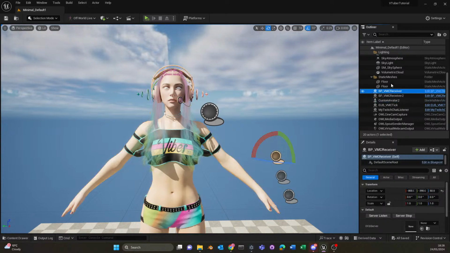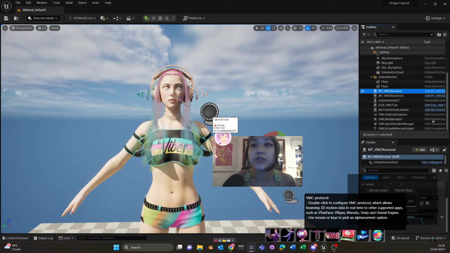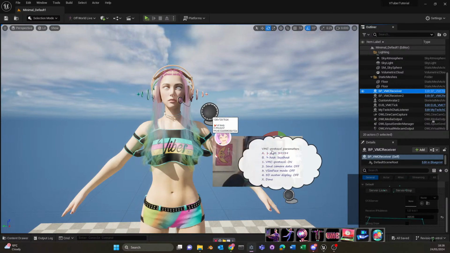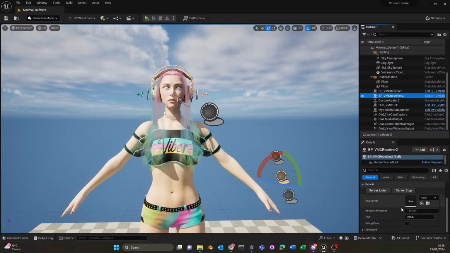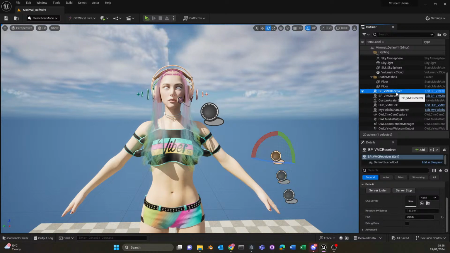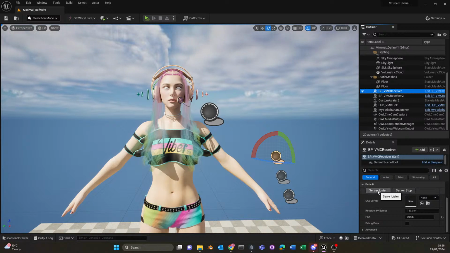So in here, the first VMC receiver, I need to set the port to 39539. And the reason for that is that under my VMC settings, the port to send to is 39539. So we need to listen in on that server. Next receiver, you don't have to change anything. The default setting is 39540. So just change the first one to 39539. And then you also have the VMC tick. Just leave it there. I think I don't have to fiddle with any of the settings. When you go server listen,